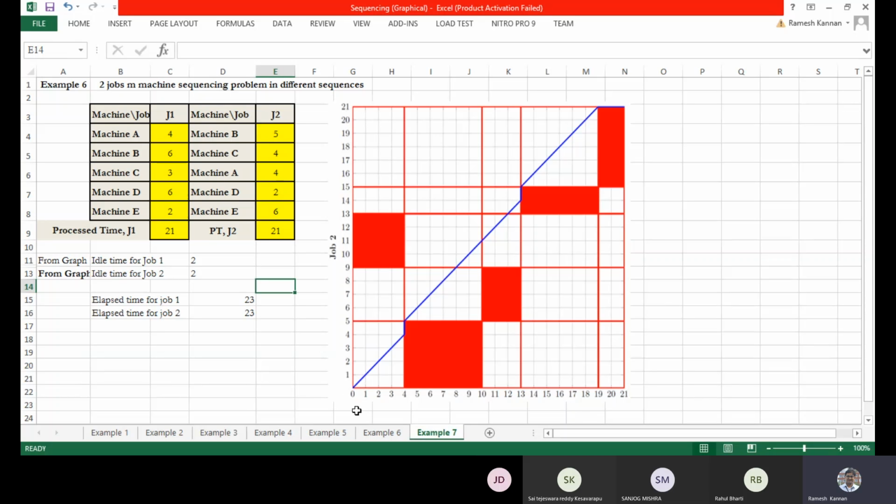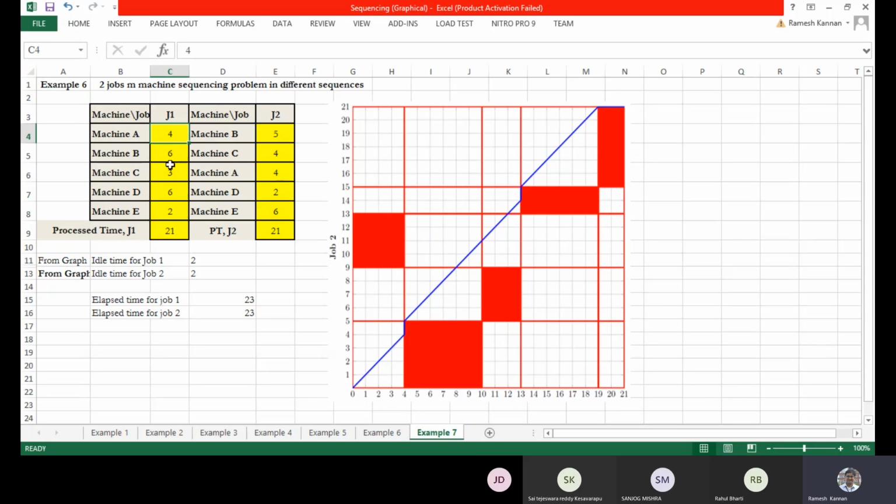Then what is the machine A duration? It is 4 hours. So we put 0 to 1 is 1, 1 to 2 is 2, 2 to 3 is 3, 3 to 4 is 4. This means you draw a vertical line. For job 1, we'll be looking at the vertical lines. For job 2, we'll be looking at the horizontal lines. As of now, understand that we'll first be creating the vertical line. This 0 to 4 represents machine A for job 1, and the x-axis, I told you, is job 1.